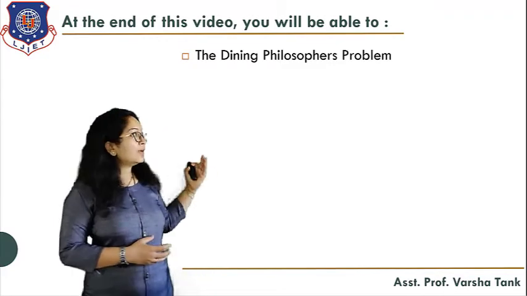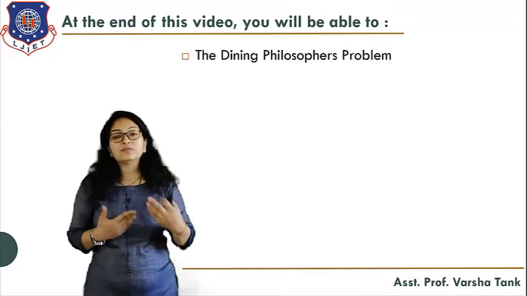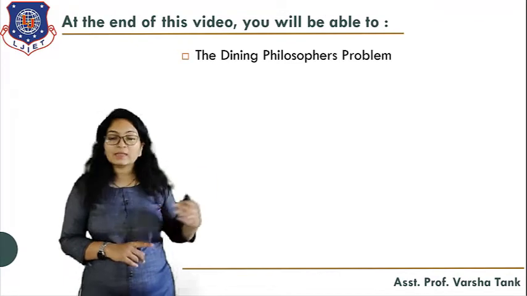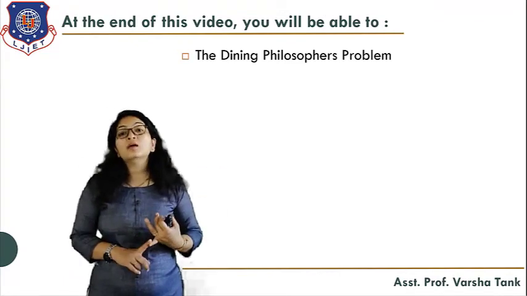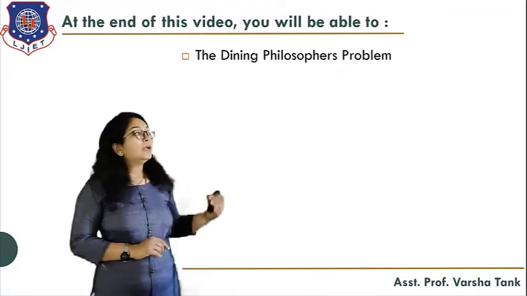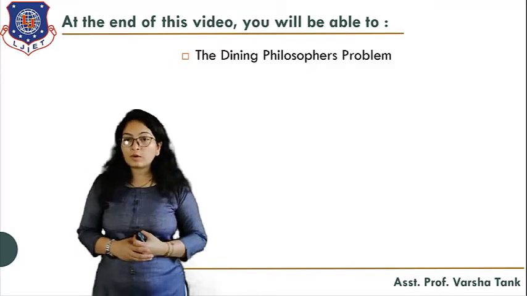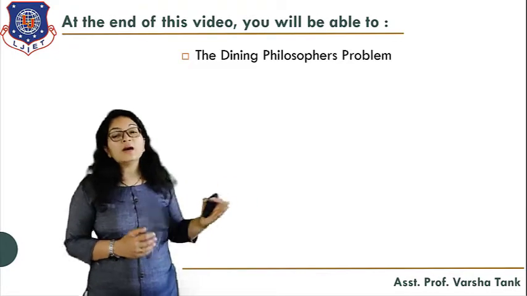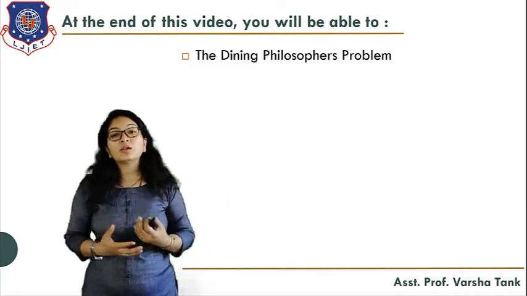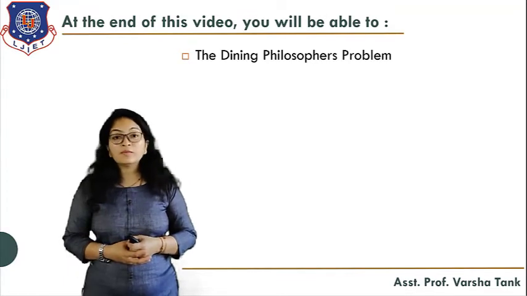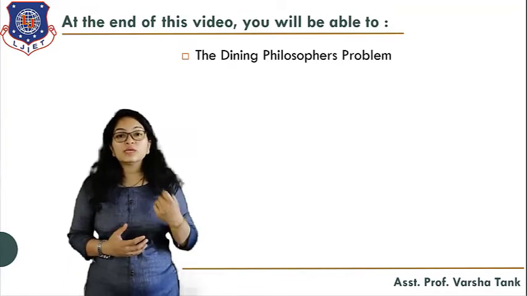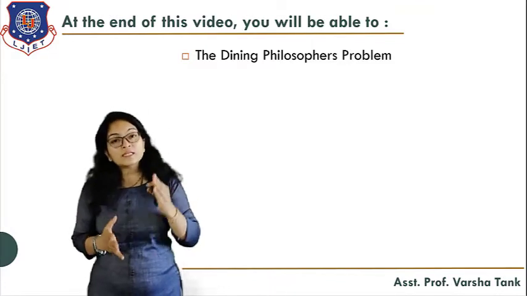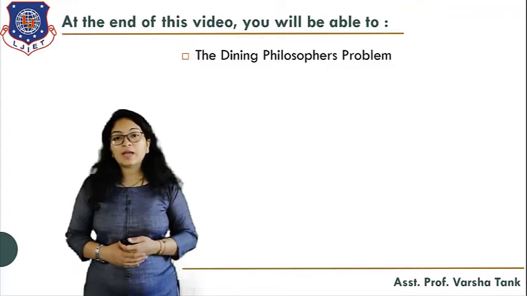In the reader-writer problem, we saw the different solutions for it. We saw what the problems in it are, and then we saw the solution using semaphore variables. Now here, the dining philosopher problem is also one of the classical IPC problems. We will see how to solve it, but before solving it, we should understand the meaning of the dining philosopher problem. What is the problem in this dining philosopher?